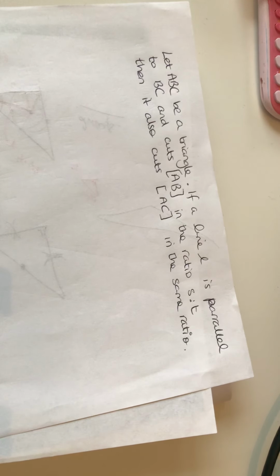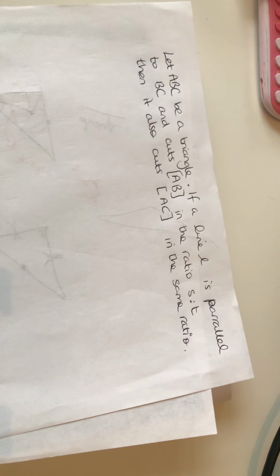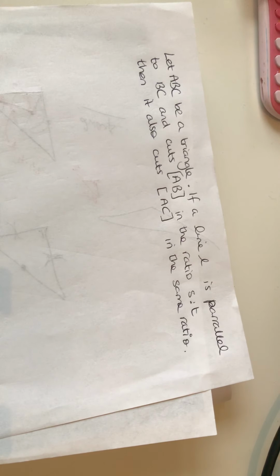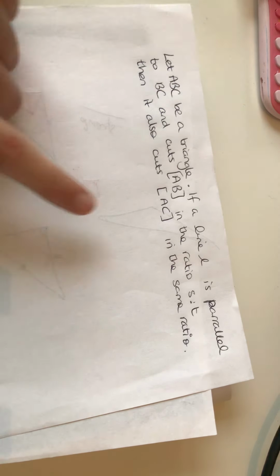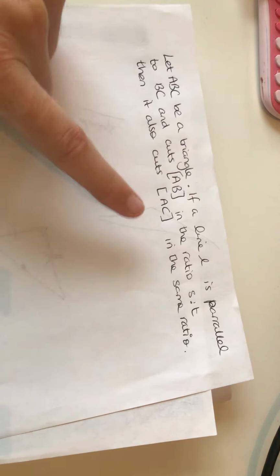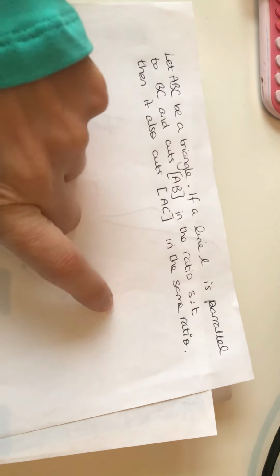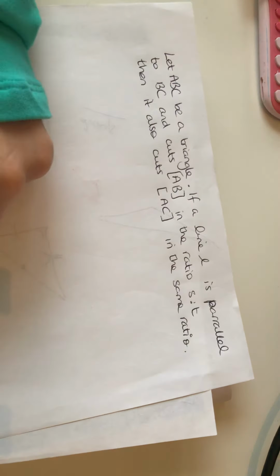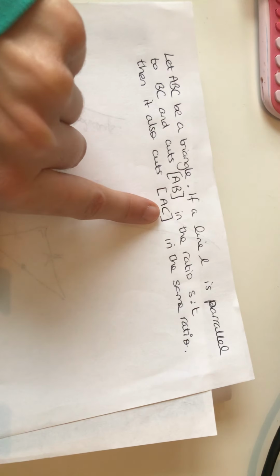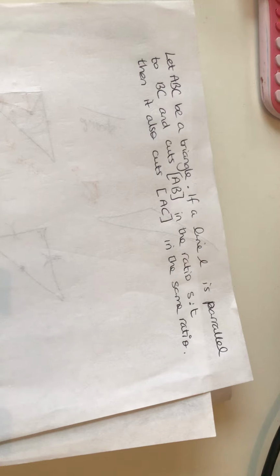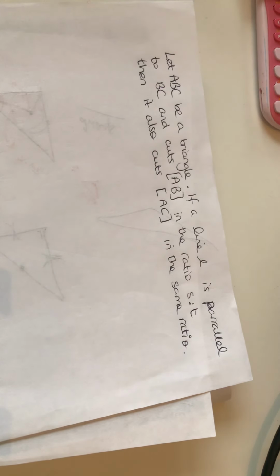Theorem 12: let ABC be a triangle. If the line L is parallel to BC and cuts AB, the line segment AB, in the ratio of, I don't know, 3:2, whatever, S:T, then it also cuts AC, that line segment, in the same ratio. So this should make a bit more sense if I actually draw it, but that's what you'll be given